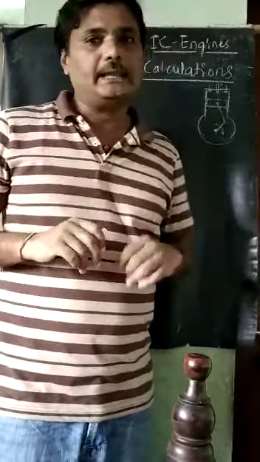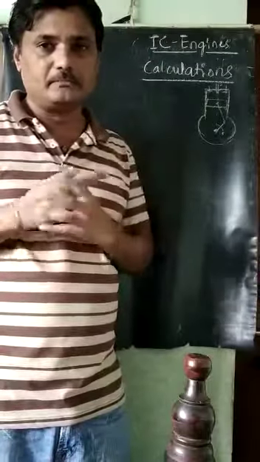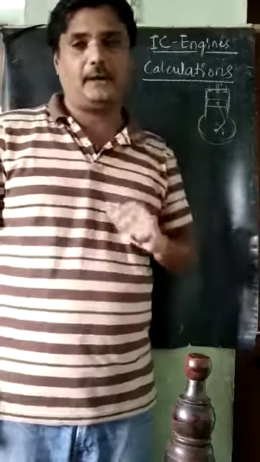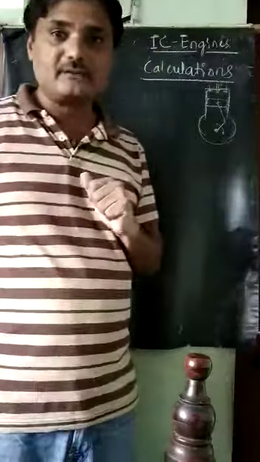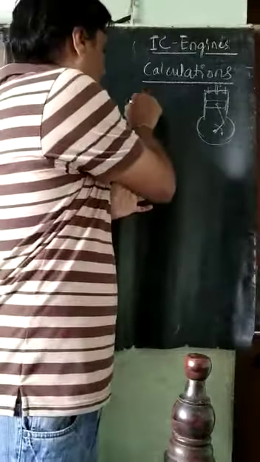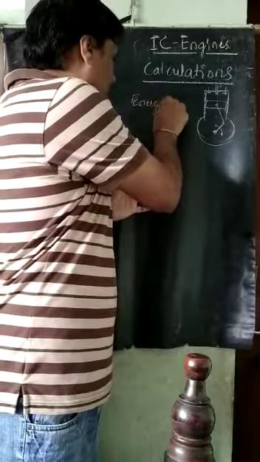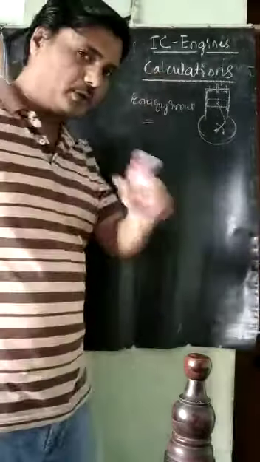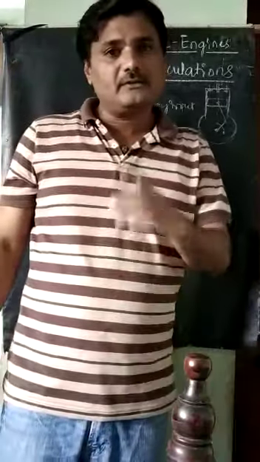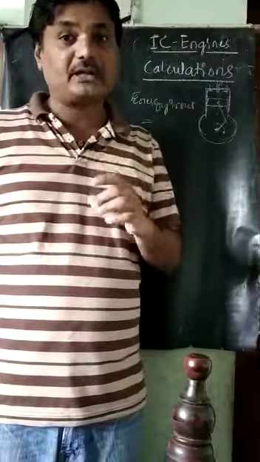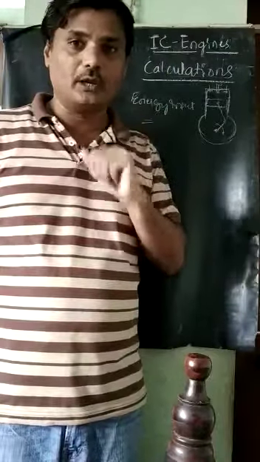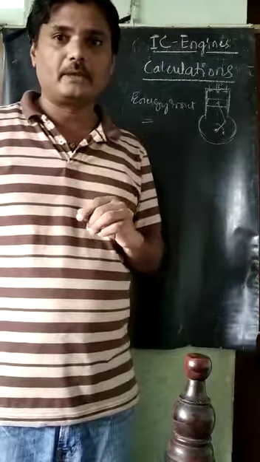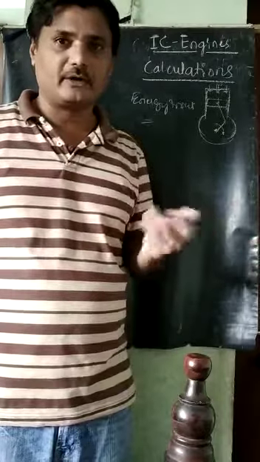So therefore, in case of a petrol engine or a diesel engine, what kind of energy we are inputting has to be seen first. So how to calculate this energy input? First, the calculation of the energy input. As I have told, it depends on the type of fuel. Petrol, different energy. Diesel, different energy for the same quantity. Kerosene, like that, it is different. Coal, it is different here.